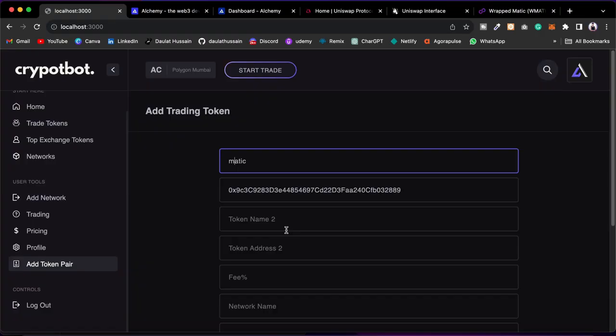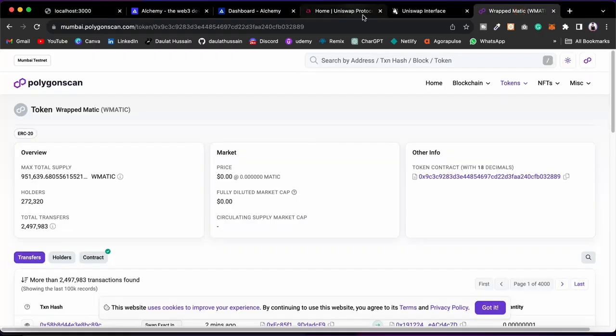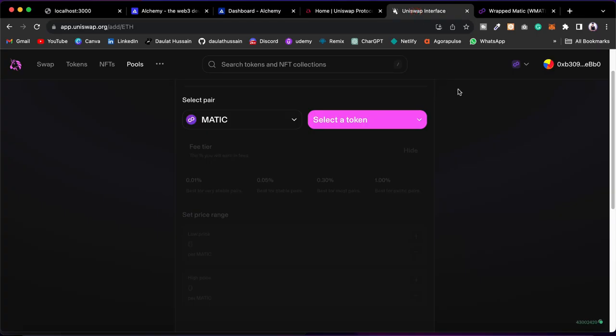Now I have to pick the next token with which I want to perform the trade. As I told you, before you perform the trade, make sure to check whether the token has liquidity or not, because not every token has liquidity. If it's not there, then you have to create the liquidity, and then you have to perform the trading bot. So always check that the token has liquidity. If it has, then you can simply use that token. So in my case, what I'm going to do is